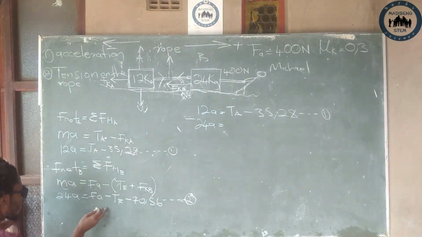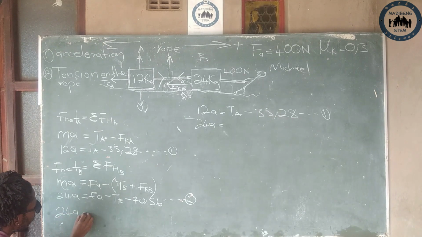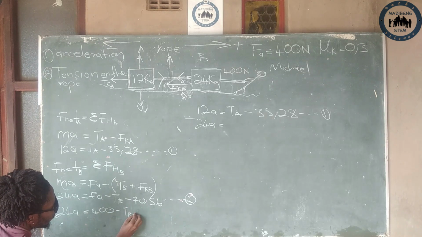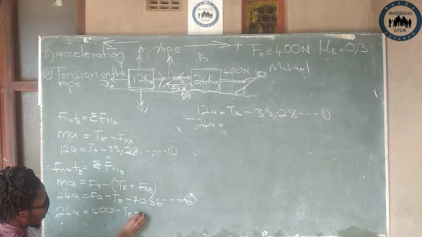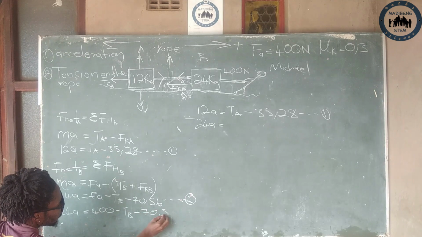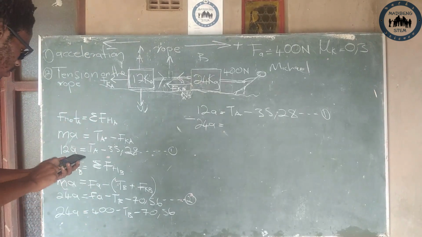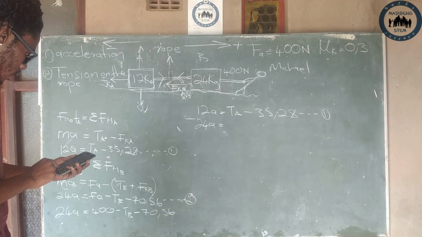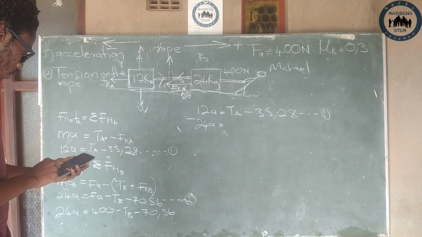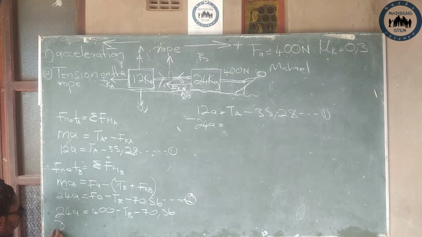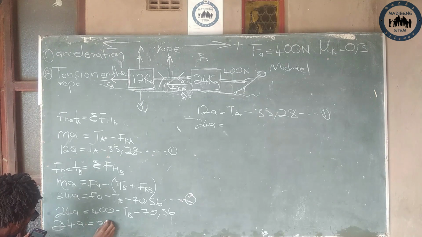First, let's go and solve this first. It's 24a. This is 400 minus TB minus, what is 400 minus 70.56? 400 minus 70.56. That's 30. So now we will end up having this 3